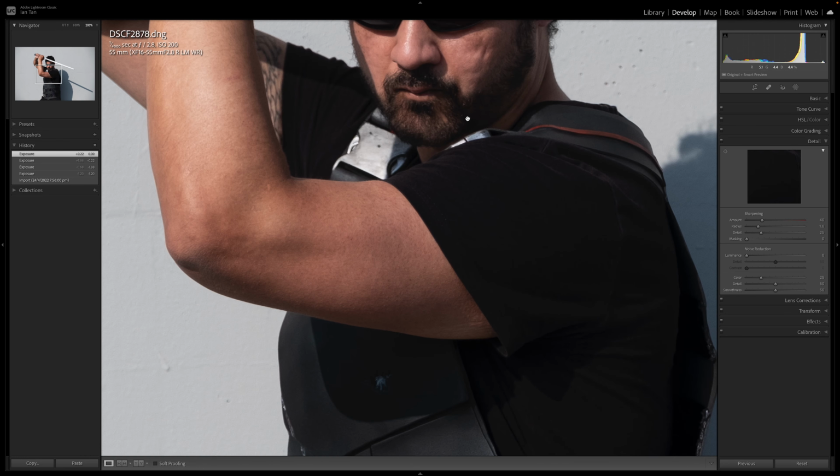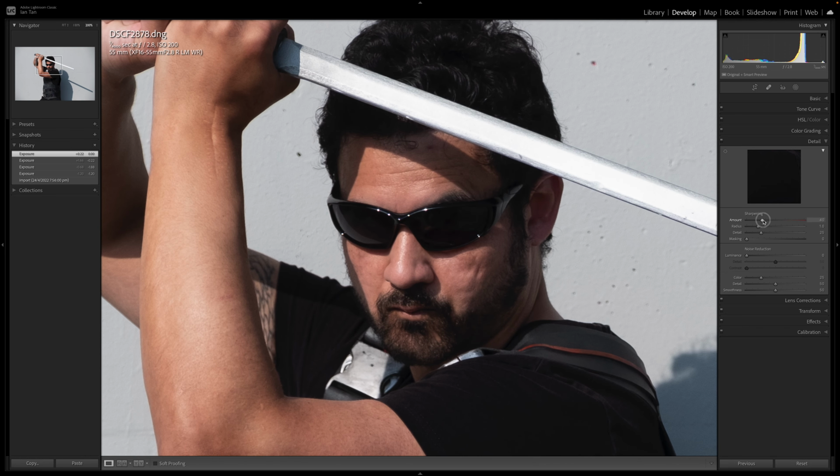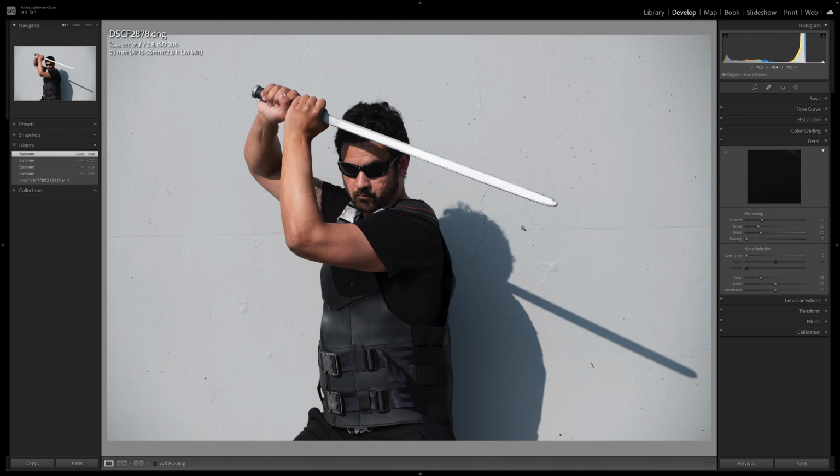Let me zoom in again for you. Okay, I'm going to max out the sharpness. Can you see how it becomes really gritty? And even things like digital noise become over sharpened and very apparent. So it's never a good idea to over sharpen an image. When you import your image into Lightroom, the default sharpness it applies is 40, and the sharpening applies to everything in the image: the skin, the sword, the hair, the clothing, the walls, all these little spots, everything gets